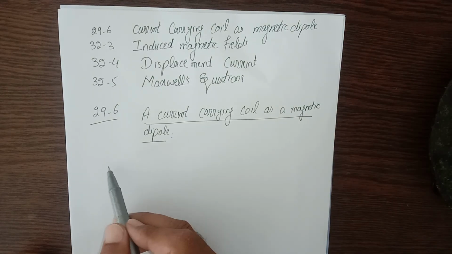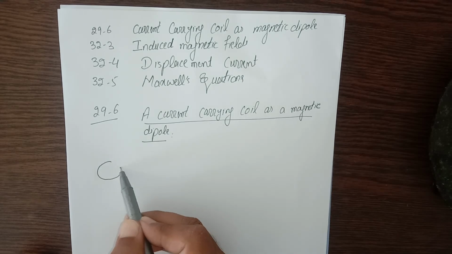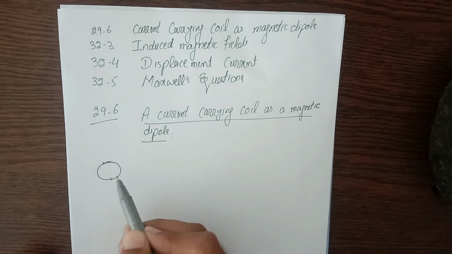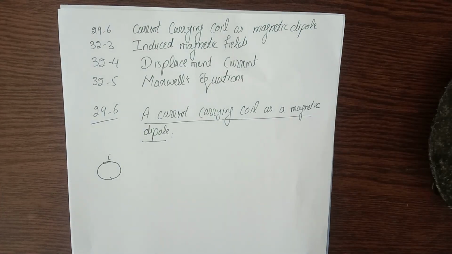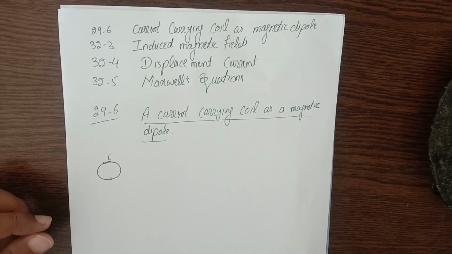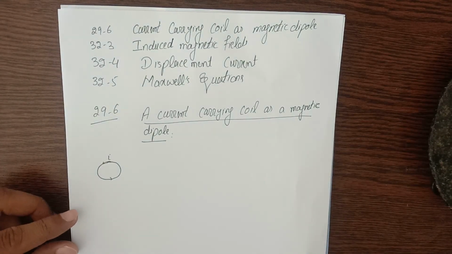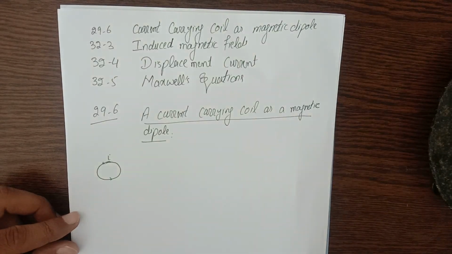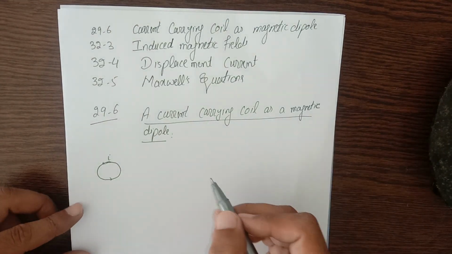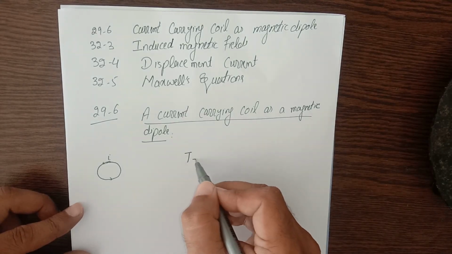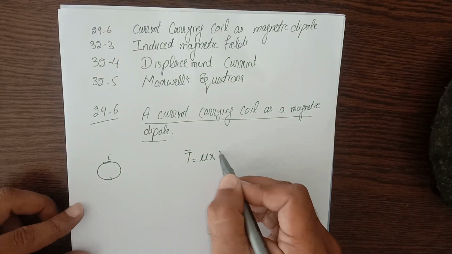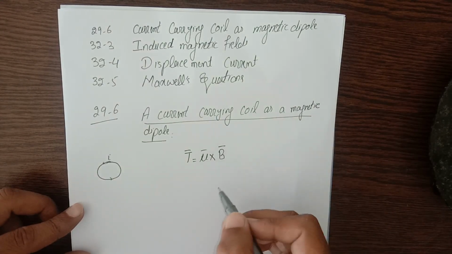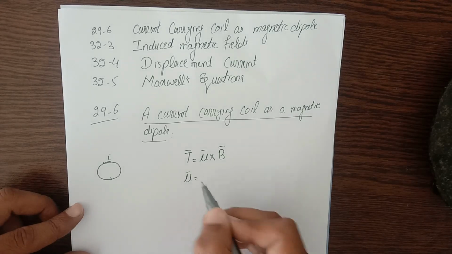Let's say this is a coil which carries some current I. If we place this current carrying loop in a magnetic field B, then obviously due to its rotation it produces a torque, which is a vector quantity that should be equal to mu cross B, where mu is